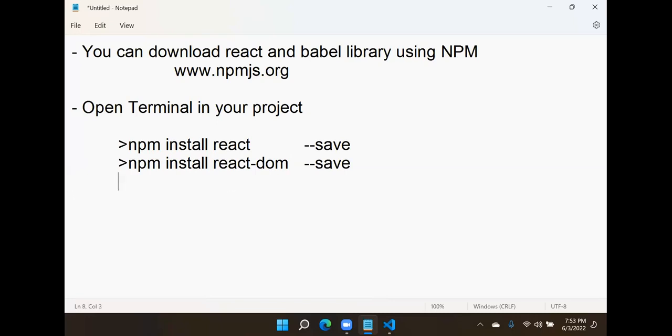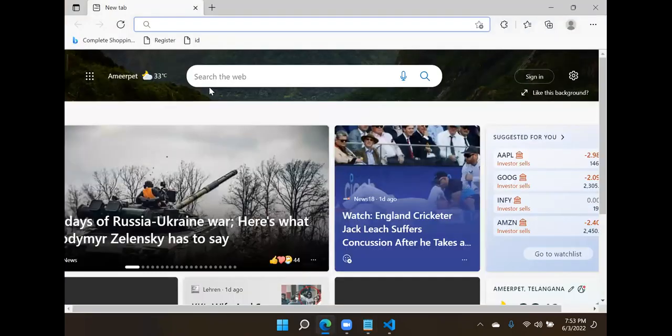Now one more library we need. What is it? Babel. Babel has a lot of things. We don't need everything. We need Babel standalone. Sometimes Babel versions will be changing, and we are not clear about which one it is. Then take help of this site,